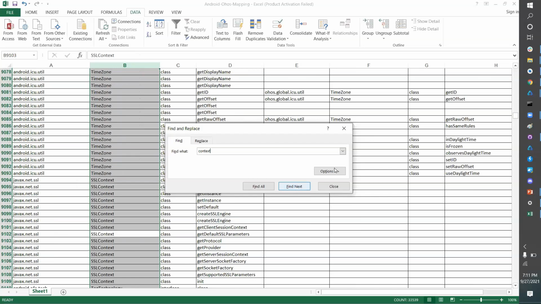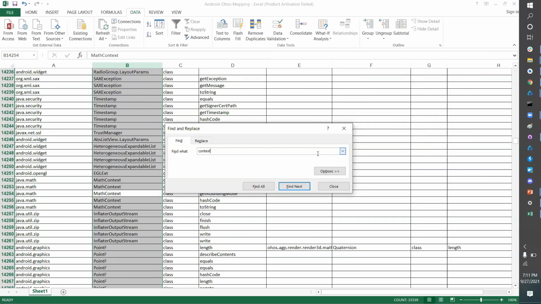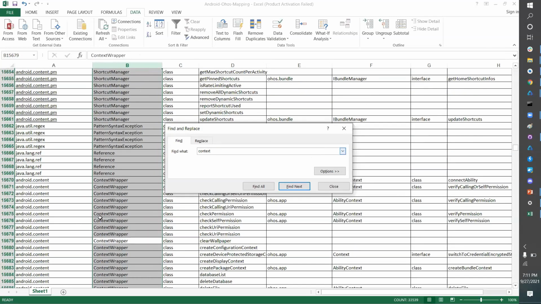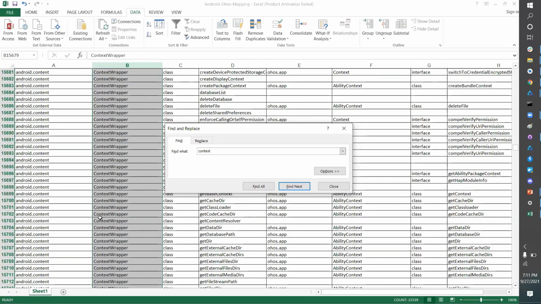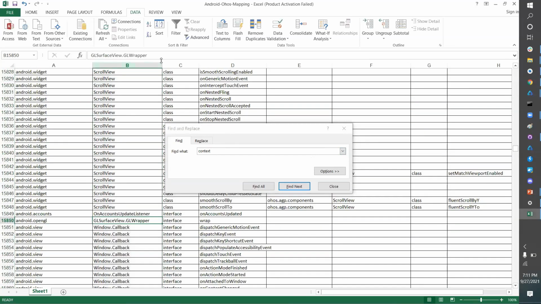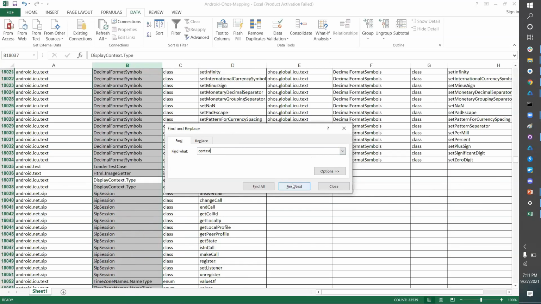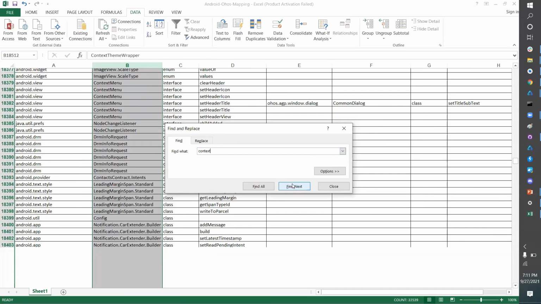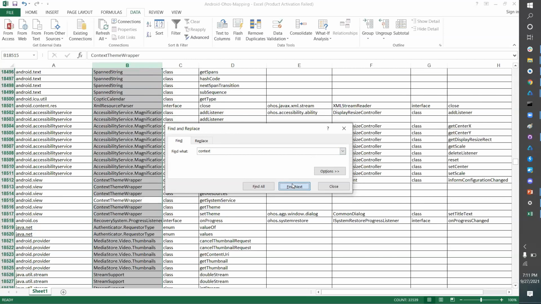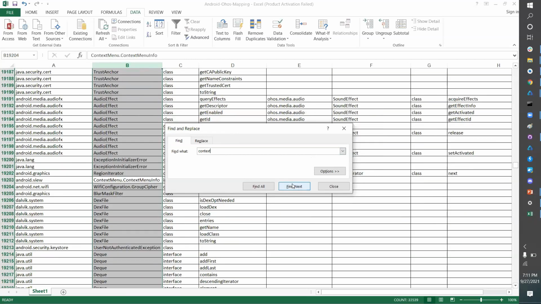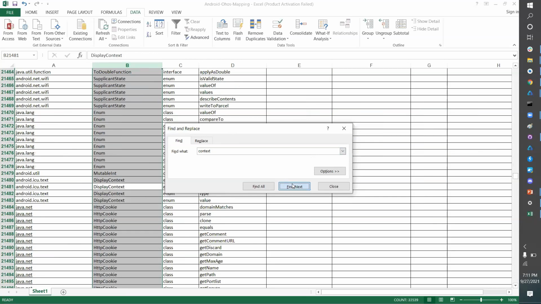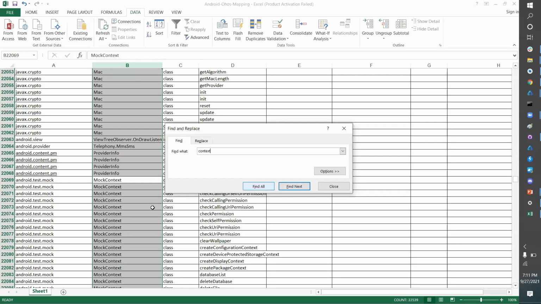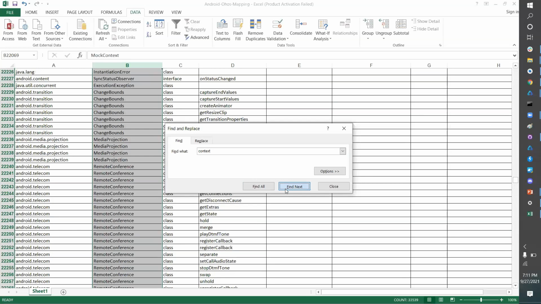So we'll be going to context itself. So many context classes.